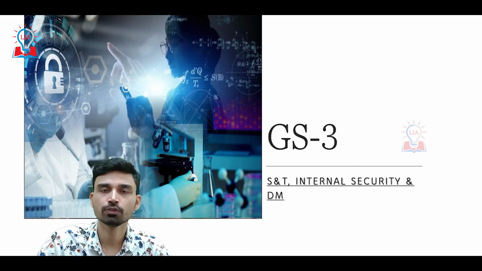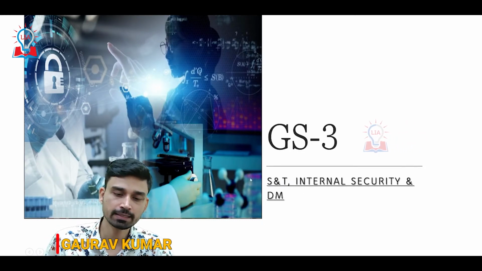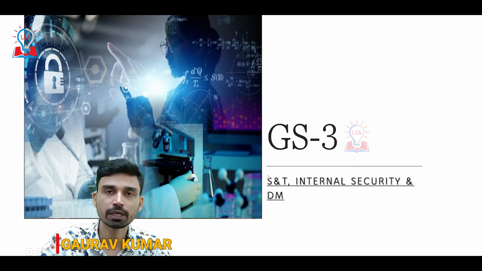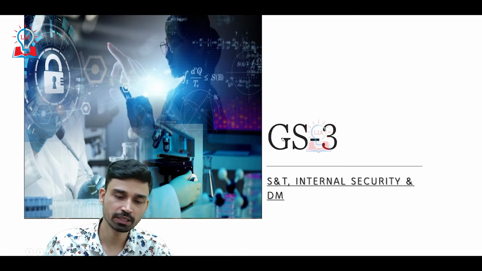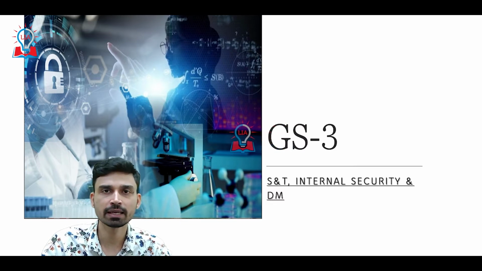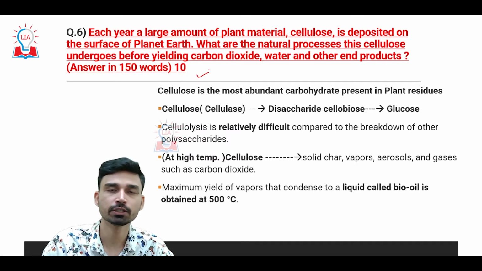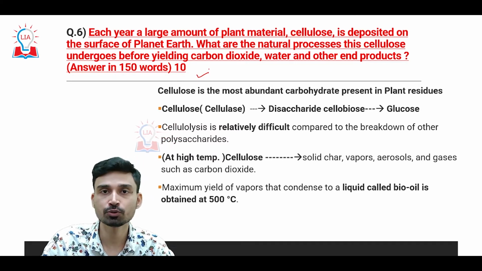Hello students. So moving forward, we are going to discuss the remaining part of General Studies 3. In this particular section, we are going to discuss the questions in UPSC Mains that have been asked from subjects such as science and technology, internal security and challenges, as well as disaster management, and along with that some questions that have come from the environment and biodiversity section. So moving forward, the first question that has been asked from the environment section is with regards to cellulose,